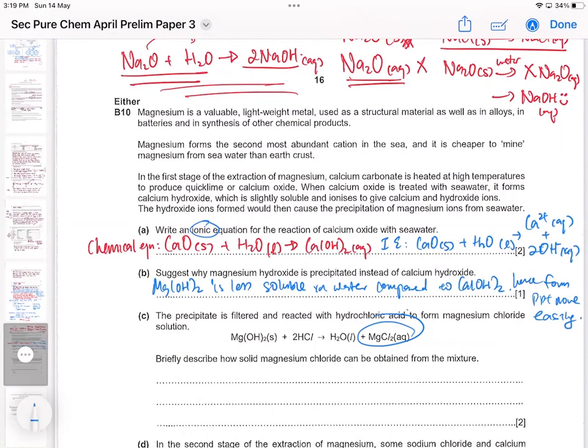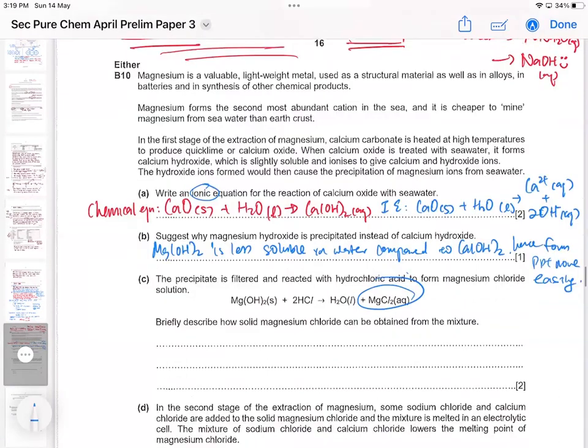Now it's in a solution, how do you take it out? In this case, for the magnesium chloride, you can do crystallization, evaporate the magnesium chloride solution